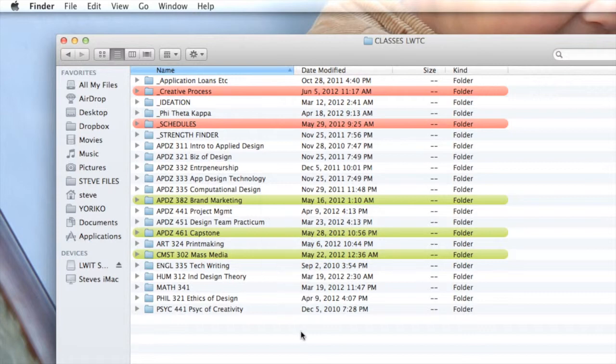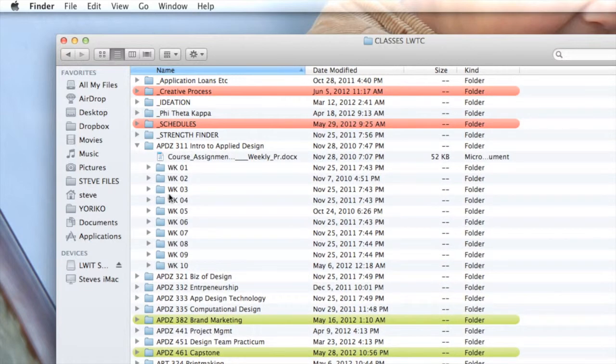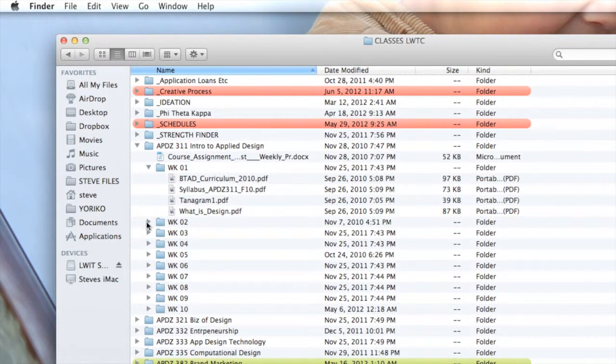What I really want to point out here though is that since the very beginning class, I have a folder related to that course. As I expand any one of these folders, you'll see that there is a folder structure that relates to the week that we happen to be in throughout the quarter. If I expand any of these weeks, you can see that inside of the folder is whatever was covered